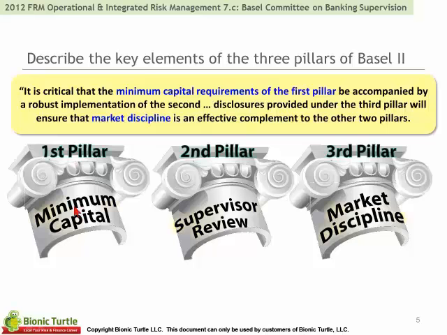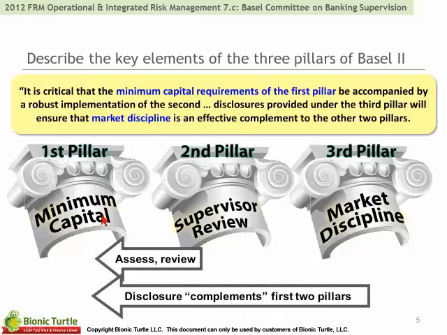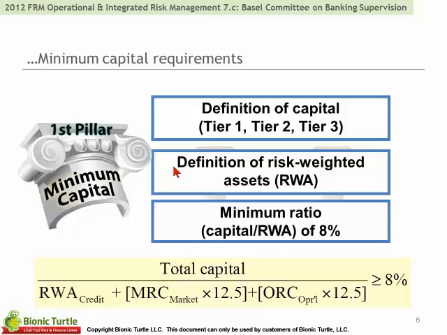So you see how we've got the rules, the supervisors are helping to review and enforce, and then there's this further support, this idea that if the banks disclose all of that information to the market, that the market will also impose some discipline. Of course, that's under the assumption that the market can process all that information. So we have assess and review, and then disclosure complements the first 2 pillars. And then in terms of key components here,